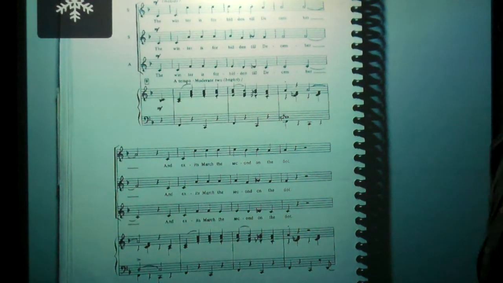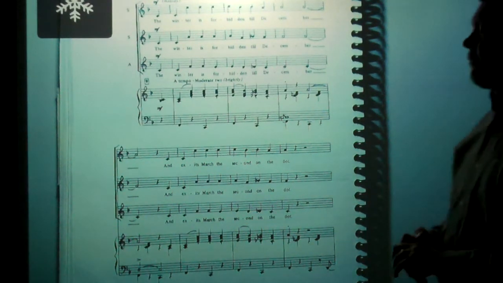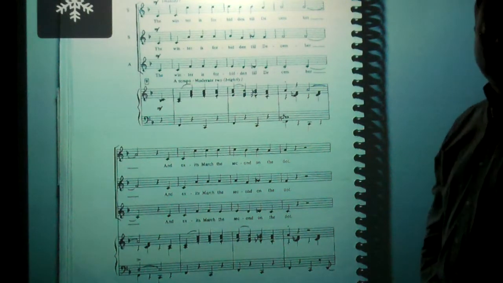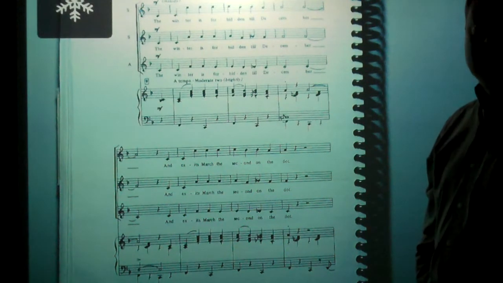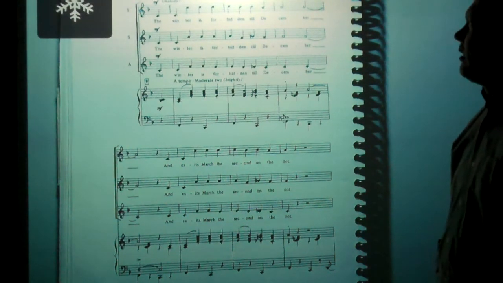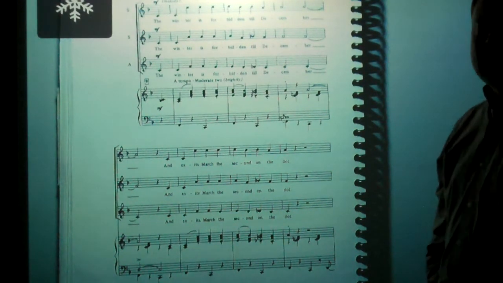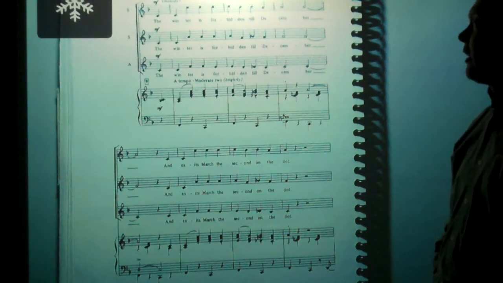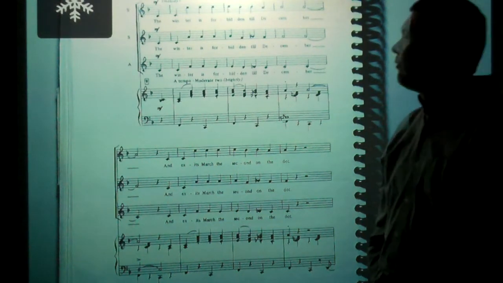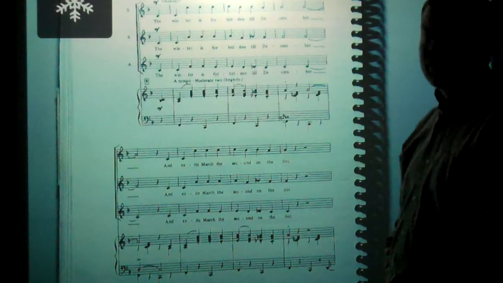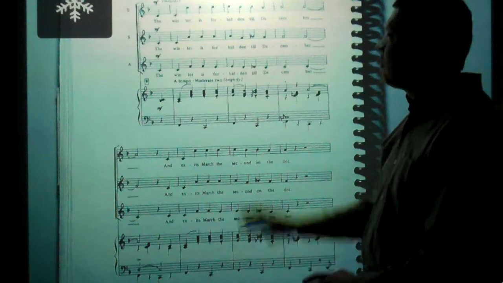One thing that's very important to point out about SSA textures, which is what we have here, is that the fundamental bass, or the true bass for the chords that you want to be including for your harmonies, is never given to the alto voice. The altos are just at a range where they're not going to be able to provide the fundamental bass for the inversions or bass positions of any of the chords in the right register. So we don't give the alto voices the bass pitches for the inversions and or the root positions of the chords. We are going to leave that solely up to the piano